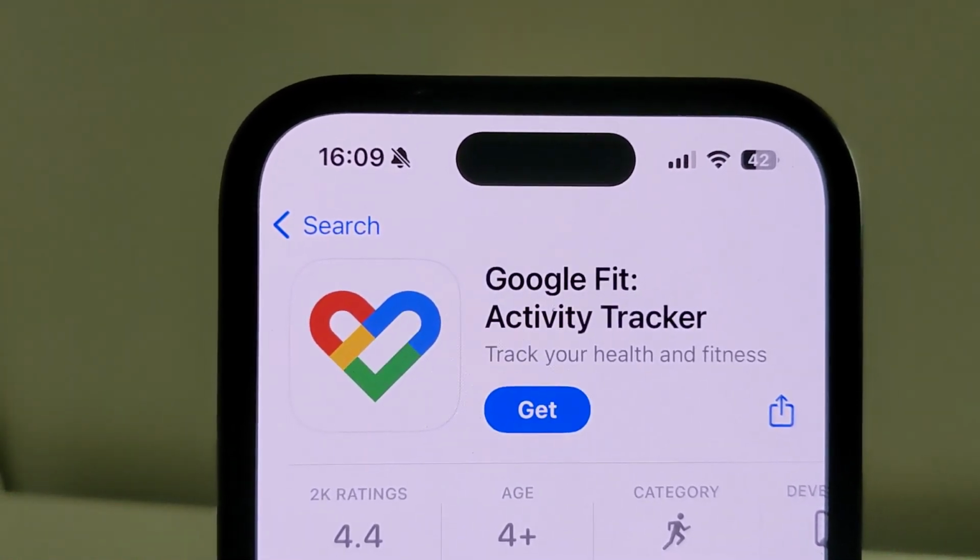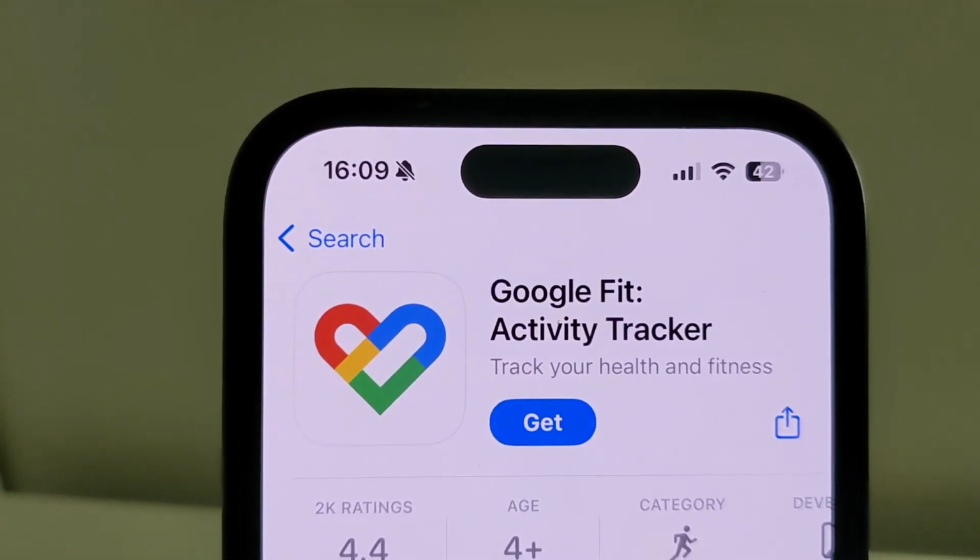Welcome back, guys. In this video I'm going to show you how to find and install Google Fit Activity Tracker